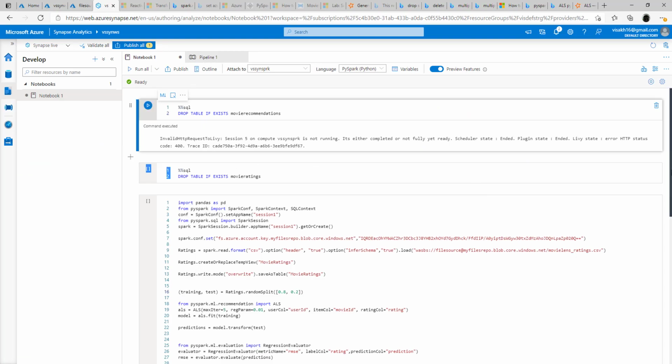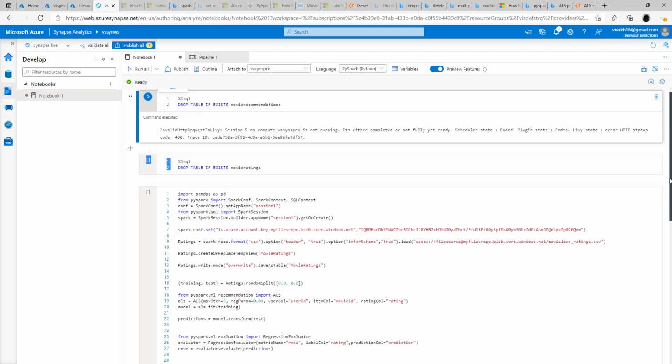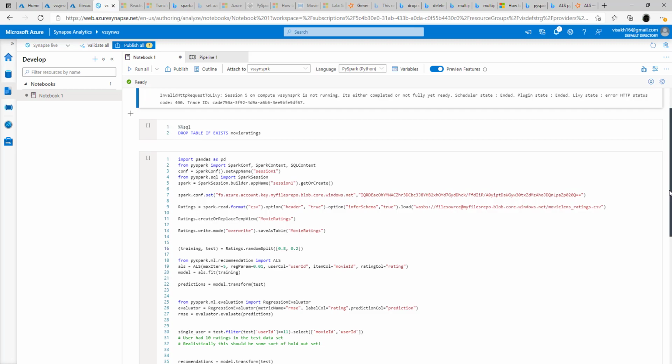So the notebook for this purpose will consist of 3 cells, and the first 2 cells will be for clearing the required table. So we'll be creating a persistent storage, which is a table inside our Spark pool, and we'll be just clearing the tables beforehand just in case the table has any previous data. So we'll be rerunning this recommendation engine based on the changed data. In the actual case, we can configure to get the data based on a dynamic file. For this illustration, I will be using a static file for performing this analysis.